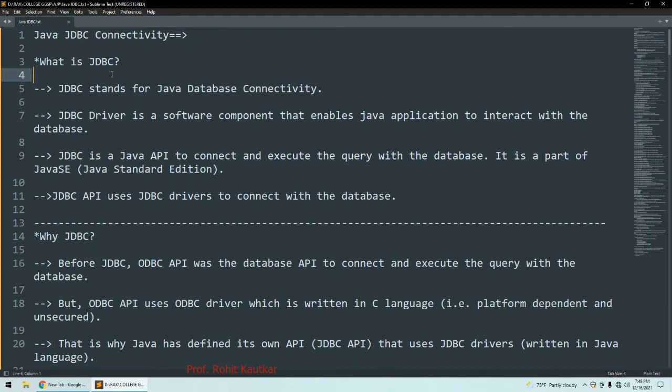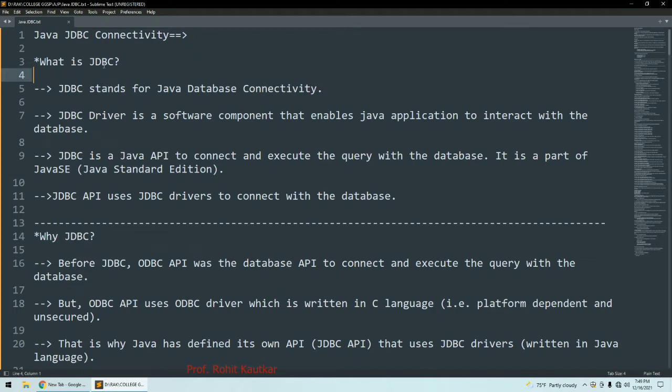So let's start. First of all, we will try to understand what is JDBC. JDBC stands for Java Database Connectivity. This is a driver which is used for connecting our Java program with certain database software. It may be MS SQL Server, MS Access, Oracle, or MySQL.